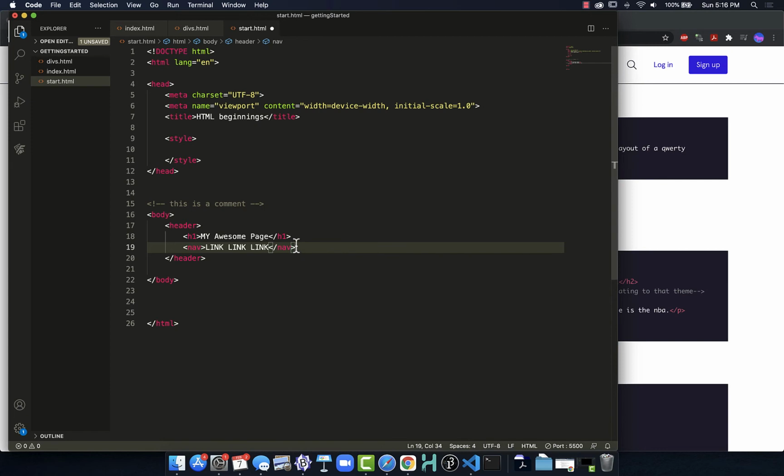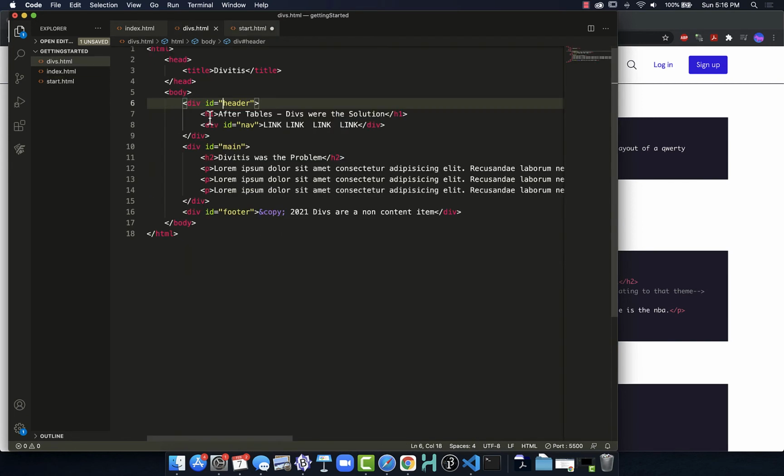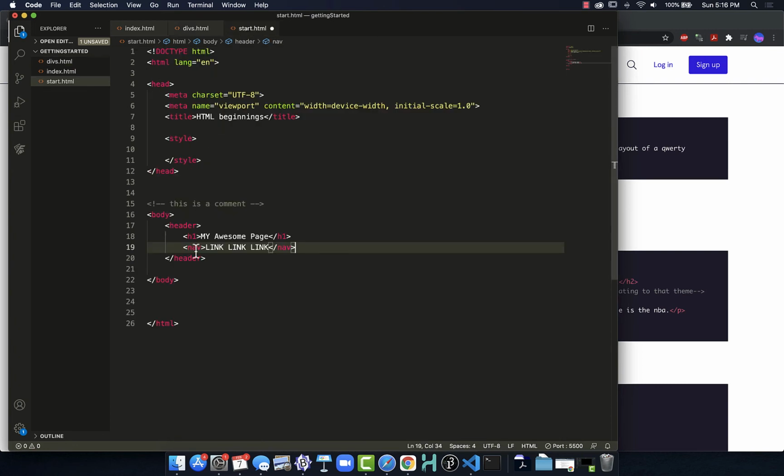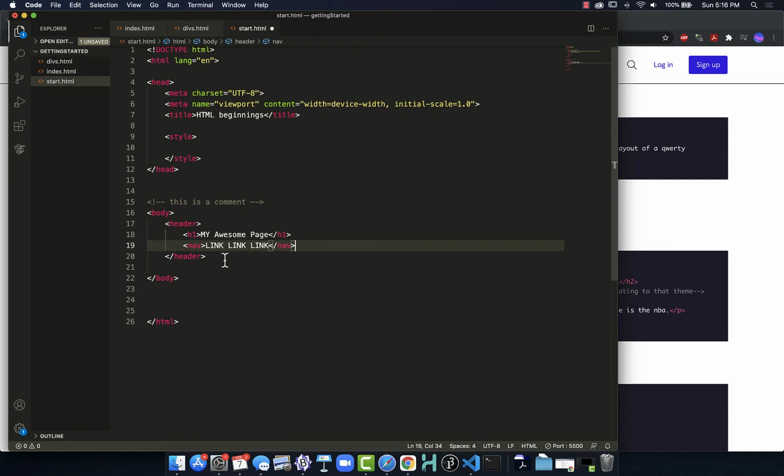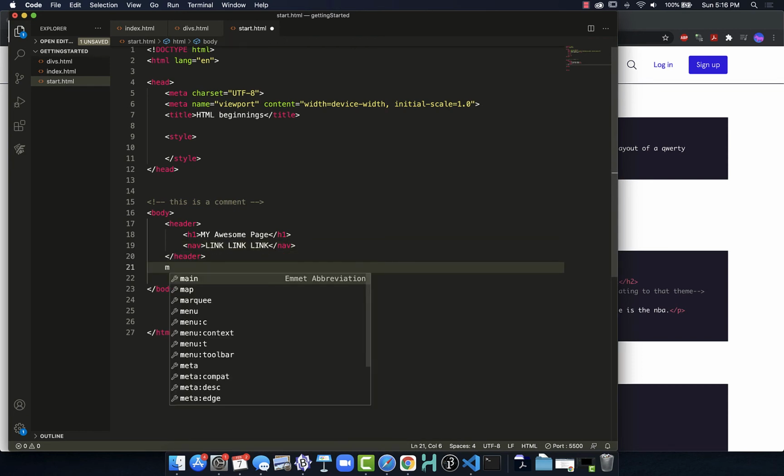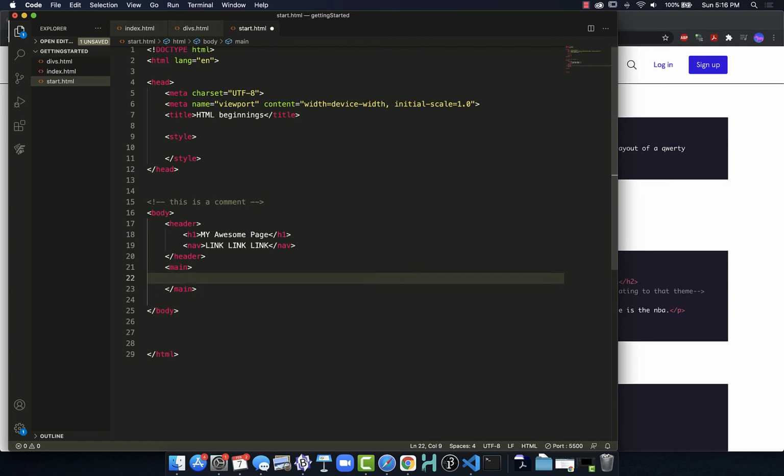But when I look at this, it's now much more readable than having a page where I'm putting in nonsensical, non-semantic tags. And it's just a div. What is a div? Nobody really knows. So we want our tags, our markup, to have some inherent meaning to it. Now for my main body, I can put that in, and then before I go and put in the main body, I'll just go down and put my